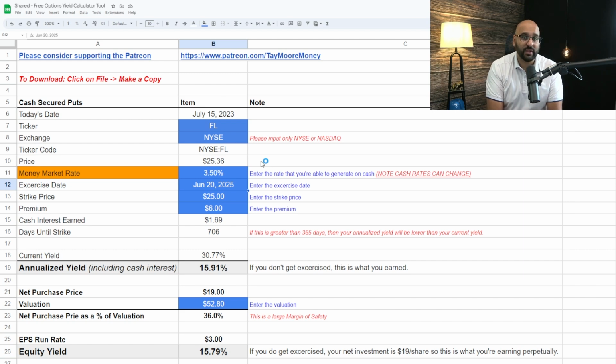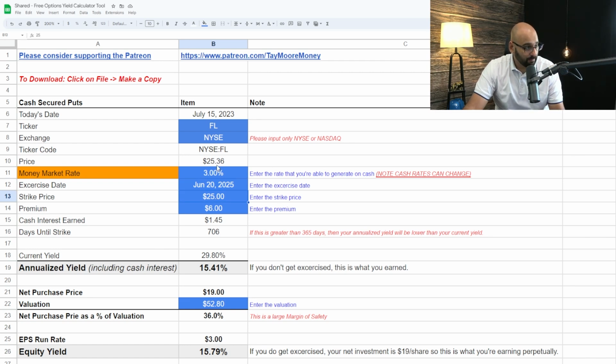You have to be careful, and so you really have to focus on the downside. And so I'm setting this at 3.5%. I could even set it lower. I could set it at 3%. It doesn't matter, right? Or yeah, let's just go with 3%. Okay, so what happens? Well, you enter in the exercise date, enter in the strike price, and I just try